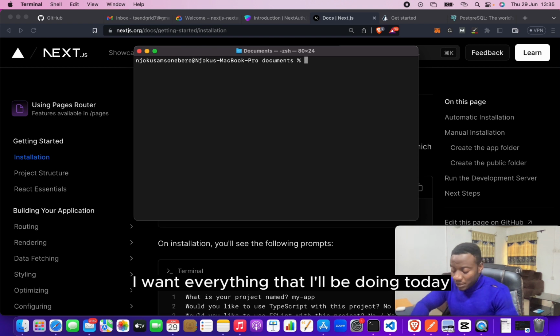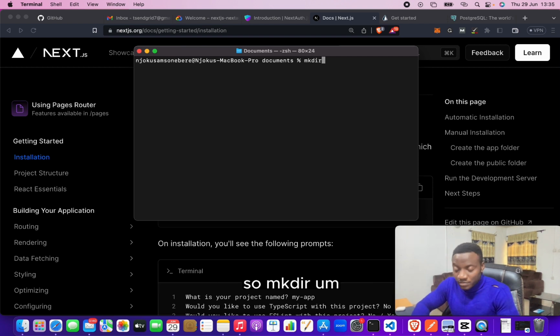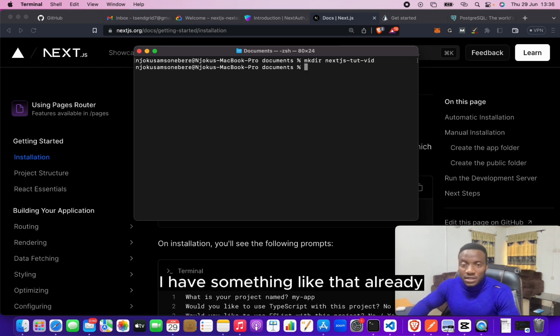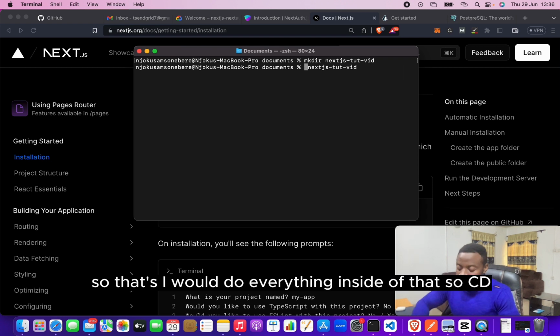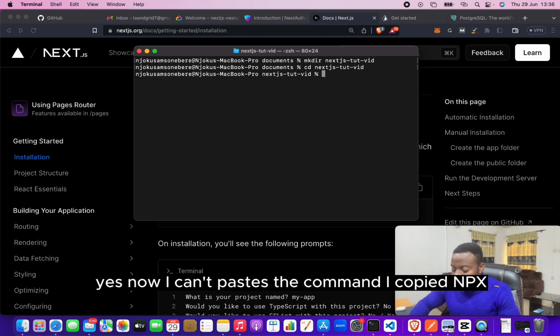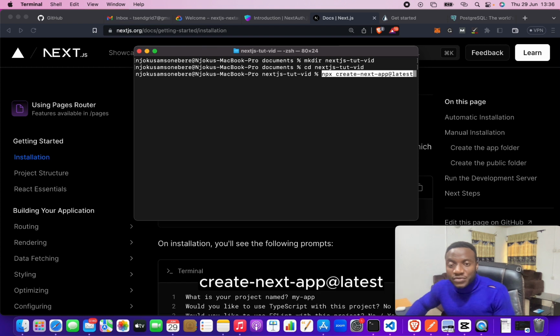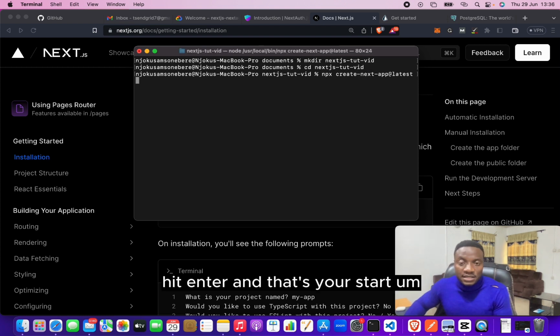I want everything that I'll be doing today to be in one folder, so mkdir Next.js taught vid, just in case I have something like that already. I'll hit enter, and then I'll change my directory into that so that I will do everything inside of that. So cd, yes. Now I can paste the command I copied, npx create-next-app@latest. Hit enter, and that should start